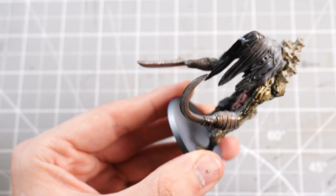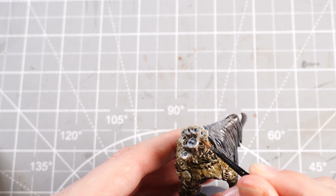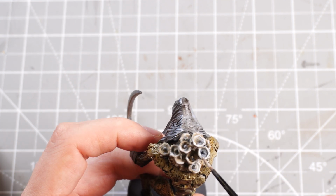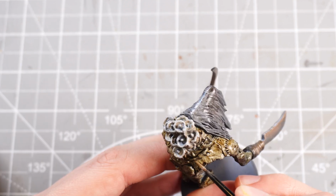With that done, we just need to let it dry, and then once dried, we can grab some Corax White and pop it onto the tops of the wax on the candles, just to make them stand out from the muddied look on the rest of the candle. Then for our main body tone, I'm going to be using this Morghast Bone, which is a